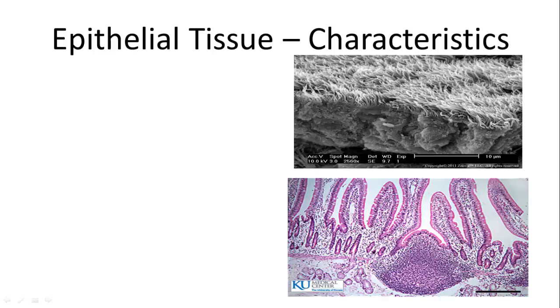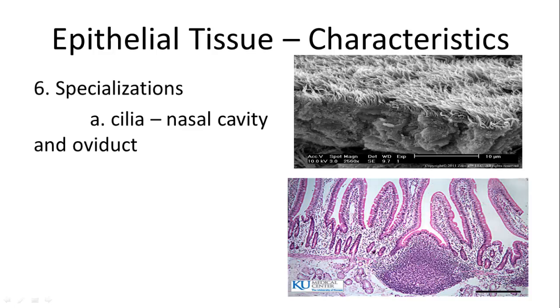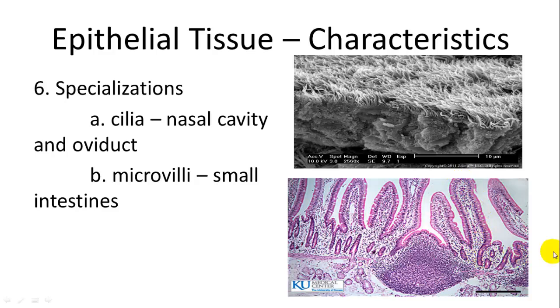There are also some specializations found in epithelial tissue that I mentioned. Cilia are found in tissue along the respiratory tract and reproductive tract, and they help to move substances in and out. So in your nasal cavity, it's moving mucus. In the oviduct, it's moving mucus and maybe sperm to the egg. There's also microvilli. Microvilli are these folds which increase the surface area and are found in areas such as the